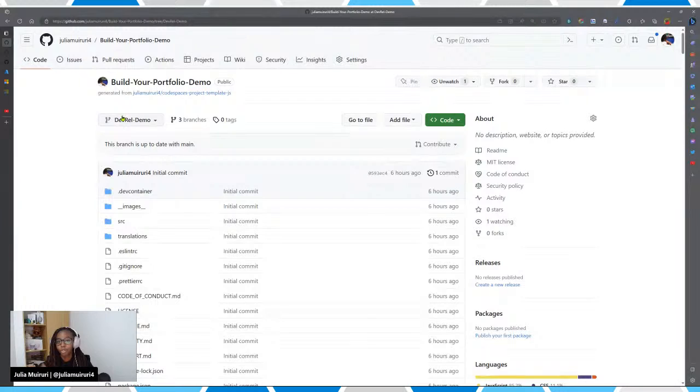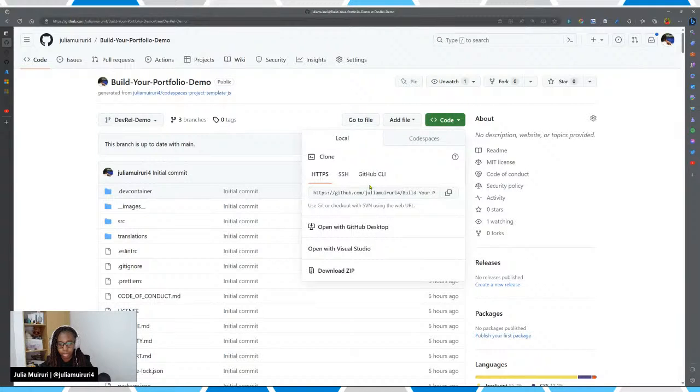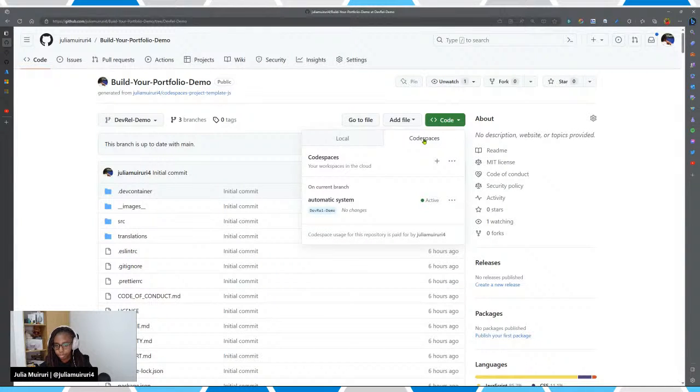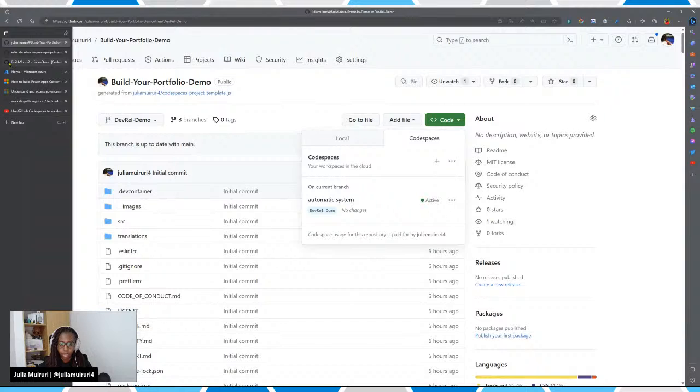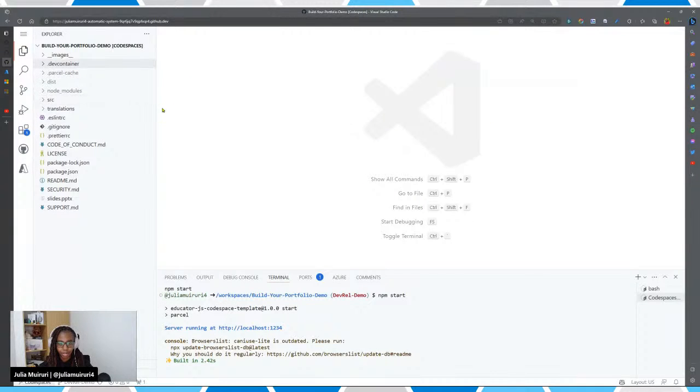And instead of cloning this and working on my local PC, I'm going to click the green button. And instead of working with our HTTPS URL just to clone this project, I'm going to power up a codespace. Now, this will immediately spin up a fully functioning developer environment. And as you can see, I already have one. So I already created one beforehand just to spare some time